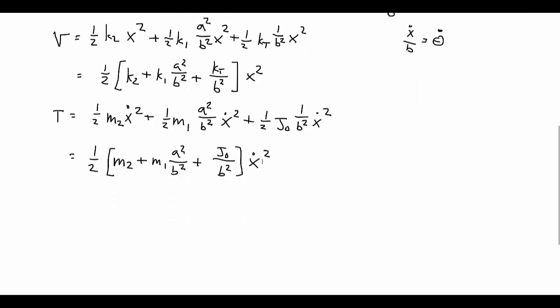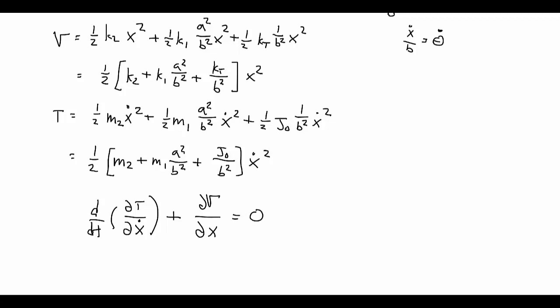Right, so the form that we're going to have it in is, I need the total time derivative of the partial derivative of T with respect to my independent degree of freedom x dot, plus del V del x. And this is an autonomous system, so the right-hand side is 0 here. All right, so this is my Lagrange's equation, and I didn't want to get to this step until now because